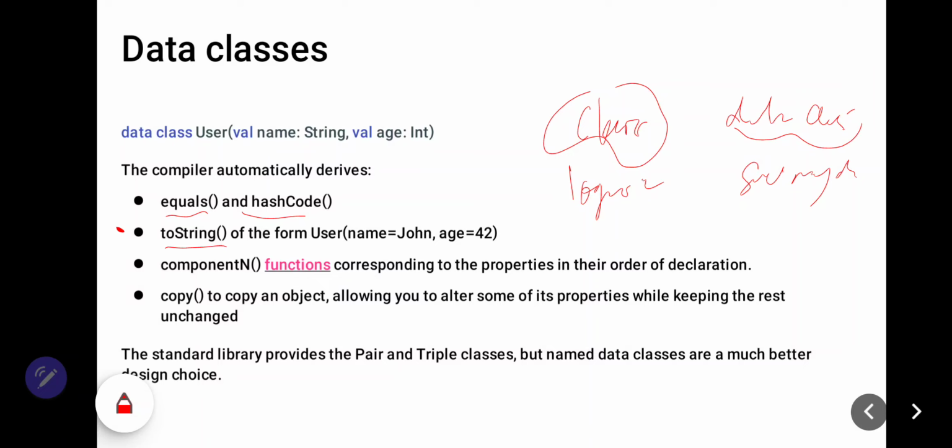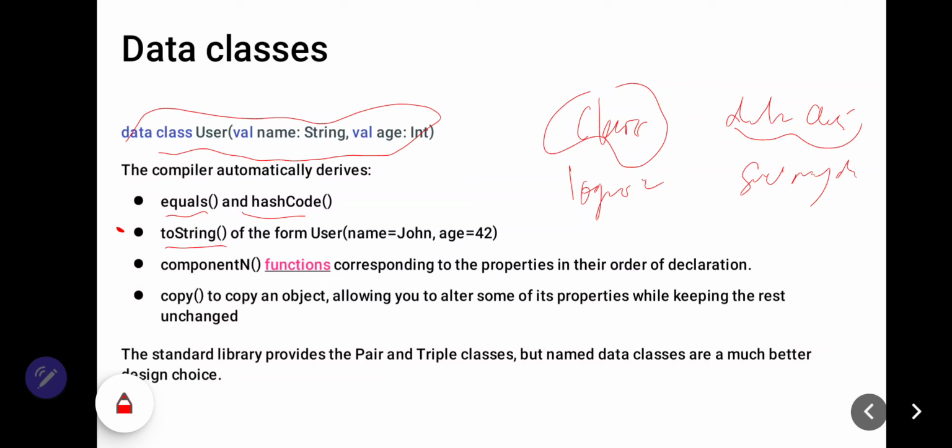Data classes are one more amazing feature of Kotlin. Take a look at the example on the slide. We already know that simple classes can be declared just with a single line of code. You can see in here, you just write a single line of code.